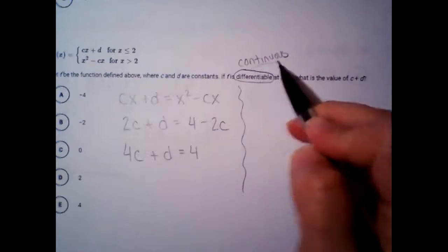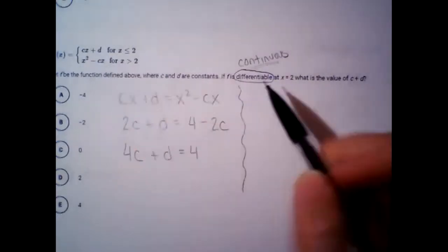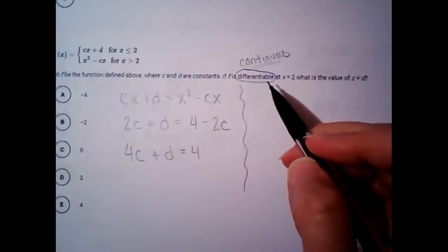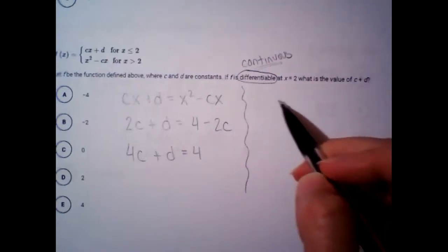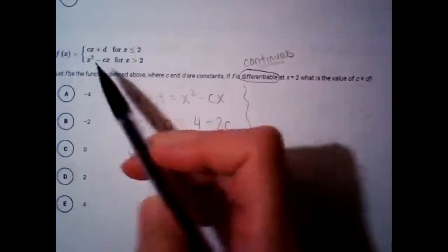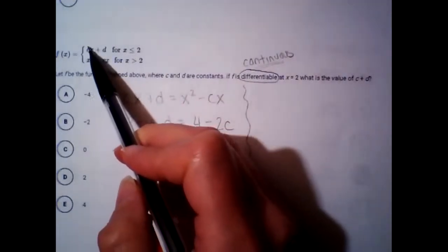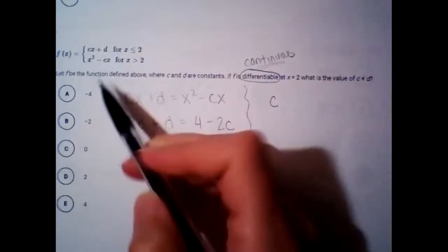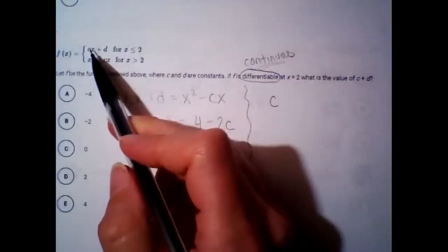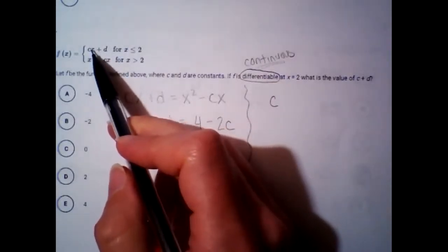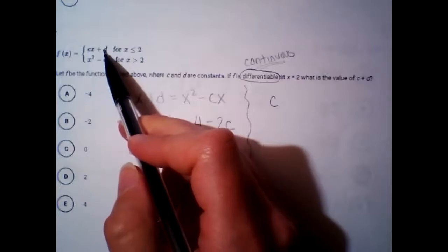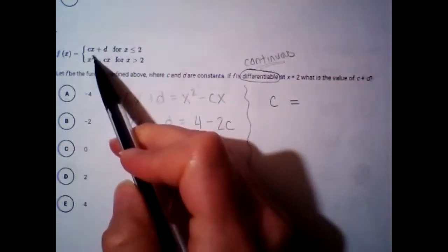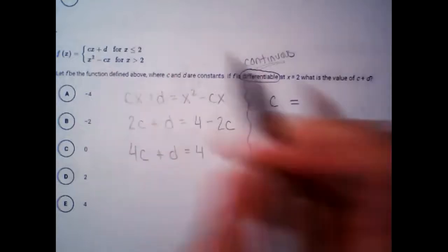That's the function being continuous. I just set the two pieces equal. If the function is differentiable, then I know the derivatives match up as well. So I'm going to set the derivatives equal too. So derivative of cx would just be c. Kind of like derivative of 3x would be 3. Derivative of 4x would be 4. So derivative of cx would just be c. D is a constant, so that's gone. Equals, and then if I do this derivative, that would be 2x